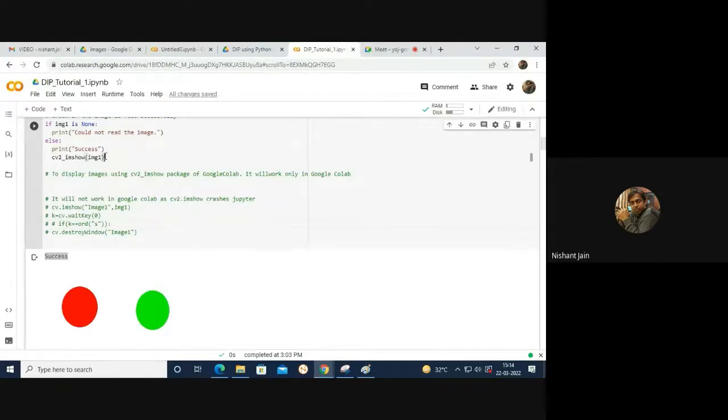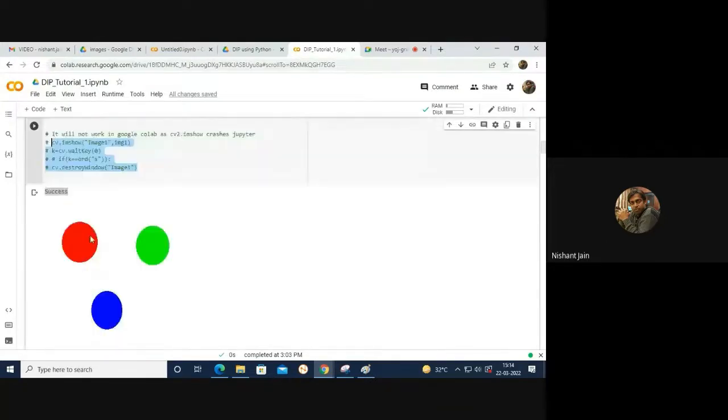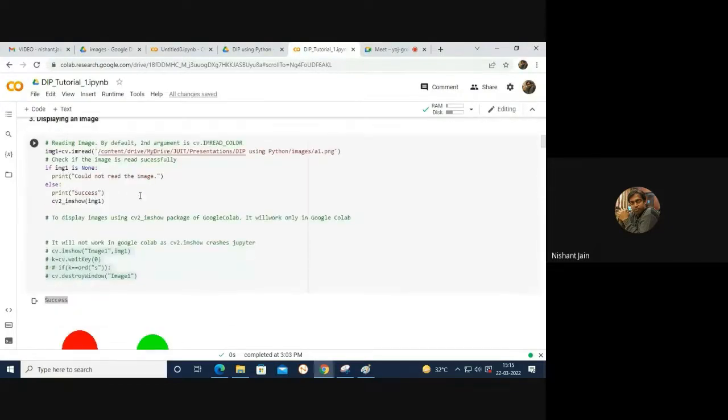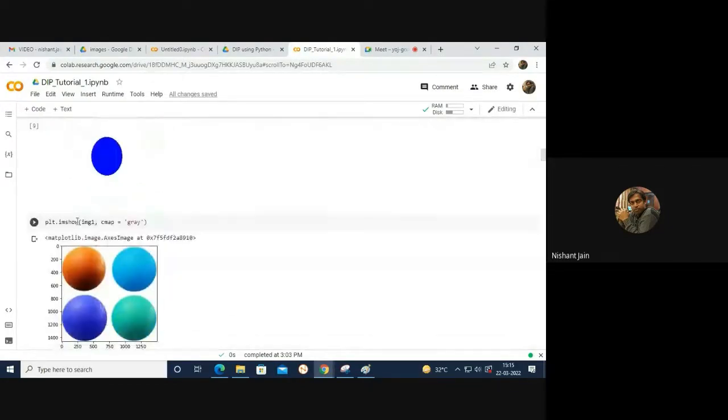Now I told you that if you are using Google Colab, you can use this function. If you are using Python installed on your system, you can use these 3 lines. Apart from this, as I told you, in the package we have this package also, and with the help of this we can plot the graph. Here the image can also be displayed using this particular function. The alias name of this package is plt, so to display the image you simply need to write